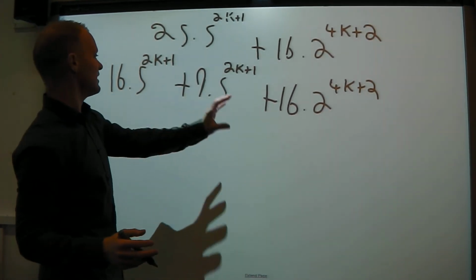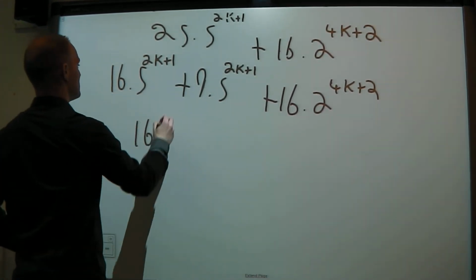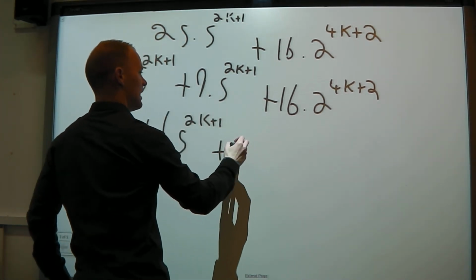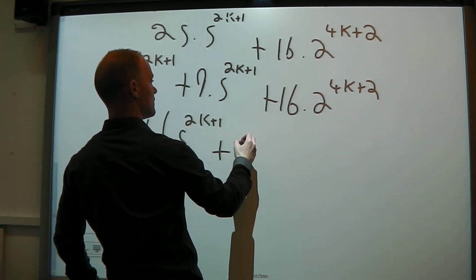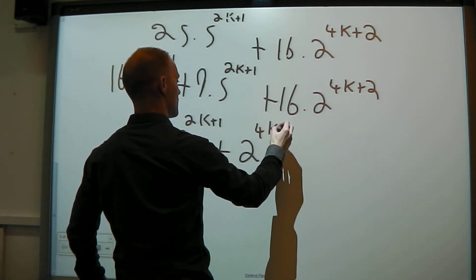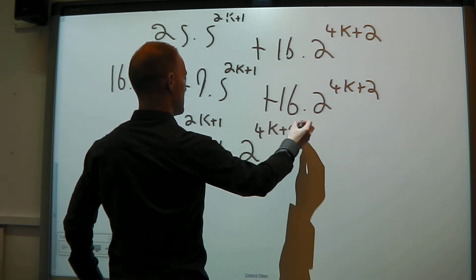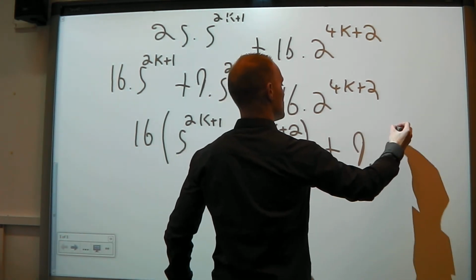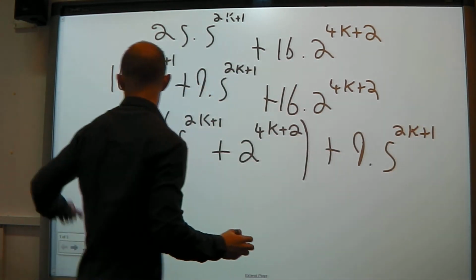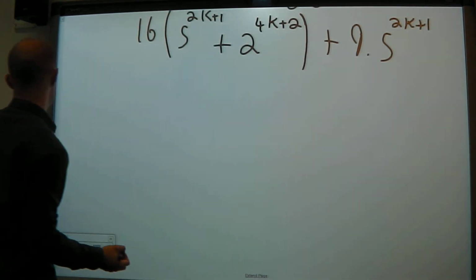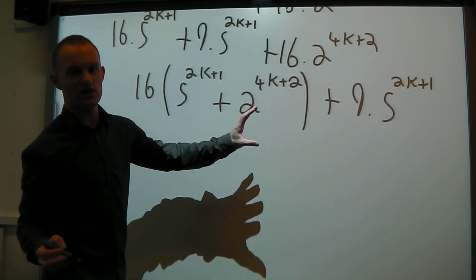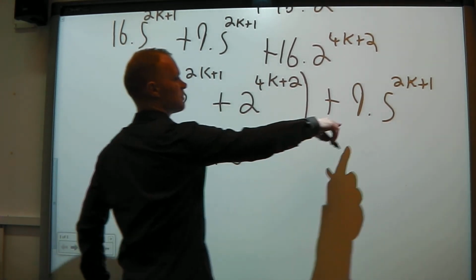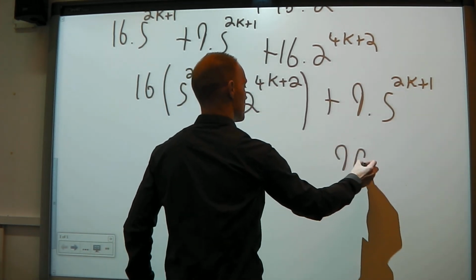Now what we're going to do here, we can take 16 out as a factor, so that is perfect. So it's 16 into 5 to the power 2k plus 1 plus 2 to the power of 4k plus 2. And that is divisible by 9. And then we have plus 9 times 5 to the power 2k plus 1. Now what we can do here is prove that, but just to finalise things, we know that this is a factor of 9, because we've just assumed it's true. So just let that equal 9a. And this is also 9 multiplied by another term, so that's equal to 9b. So we have 16